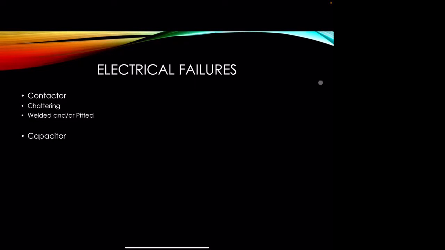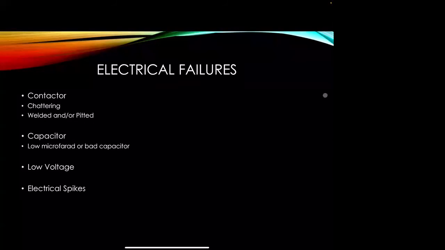And that will give you your microfarad reading. Do the same thing for the fan motor. So low microfarad bad capacitors can lead to overworking of those motors. It could be a low voltage issue. It could be electrical spikes,